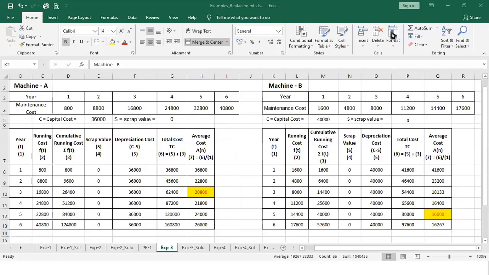Sir, this is Arvind. Yes, Arvind. Sir, after 3 years, the average cost will be increasing. Okay, so after 3 years, we can change to machine B. No, that won't be correct exactly, but we are just recording your opinion. Okay, sir. Anyone else would like to add anything into it?